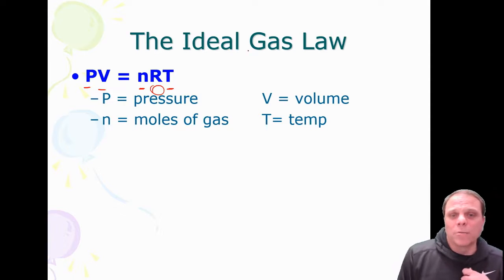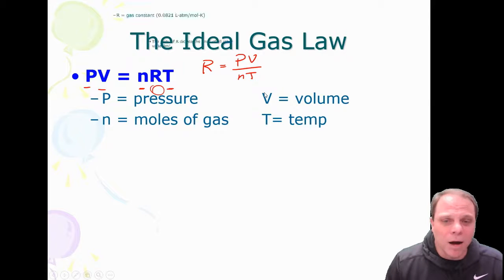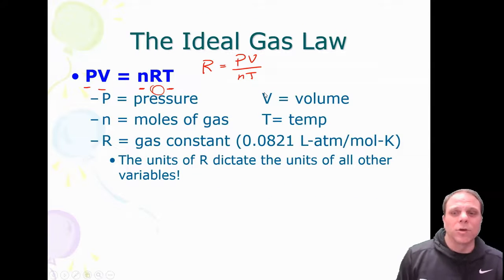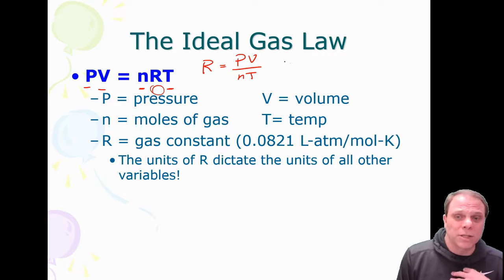So if I wanted to solve this for R, I would have PV over nT. And so when I come up with the number that R is equal to, this 0.0821 liter atmospheres per mole Kelvin, that's basically taking the pressure, 1 atmosphere, the volume, 22.4 liters, the number of moles,